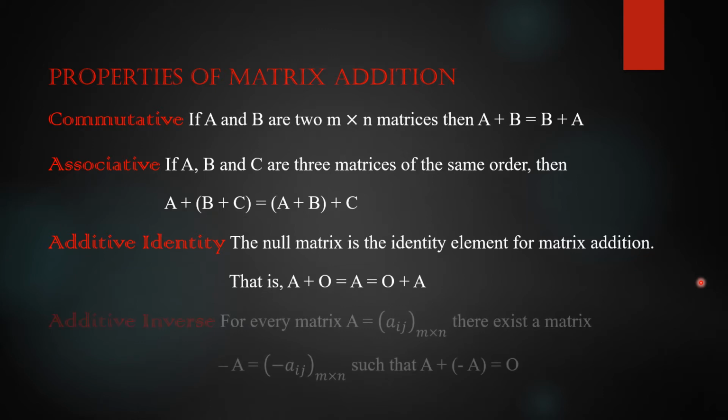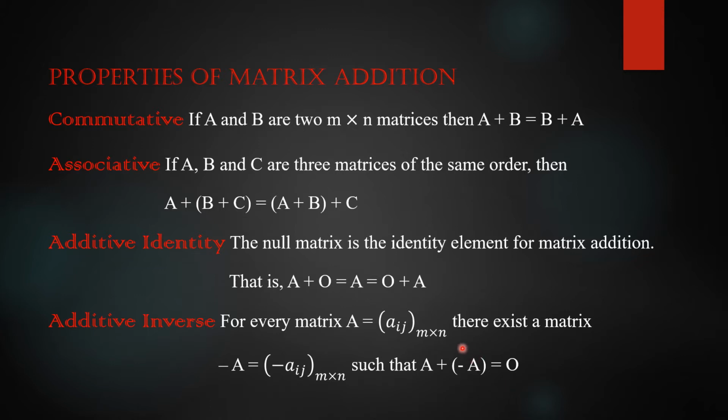Then the next one, additive inverse. Additive inverse means, in case of each matrix, against each matrix you have another matrix, the negative of this matrix. Whatever matrix you are taking, say A is a matrix, then there must exist a minus A matrix such that the sum of these two matrices is equal to the additive identity, like this, A plus minus A. If you add these two matrices, you will get the additive identity.